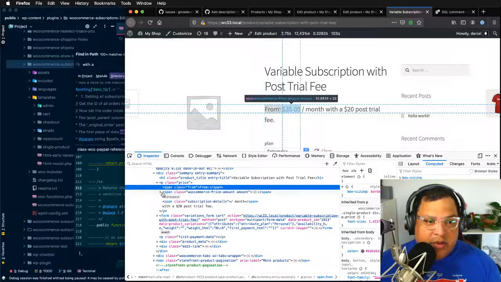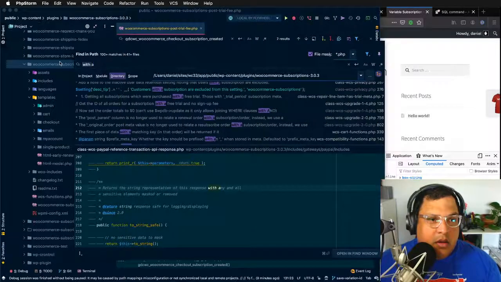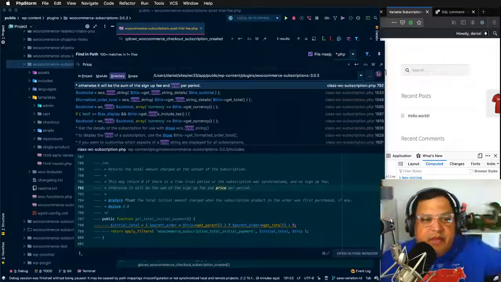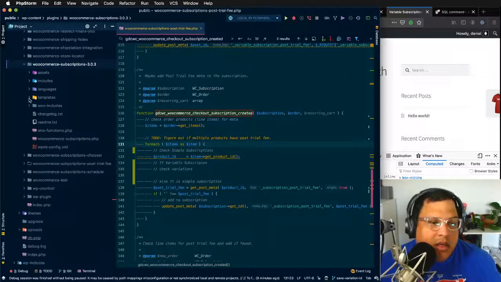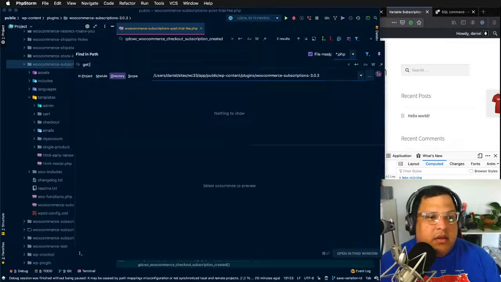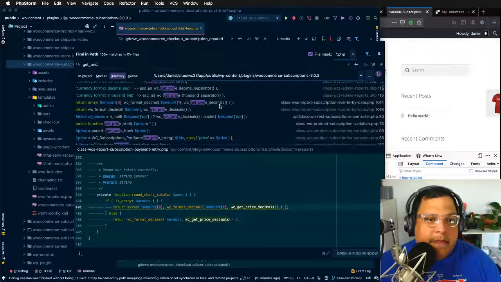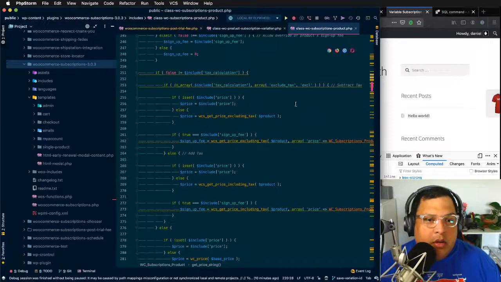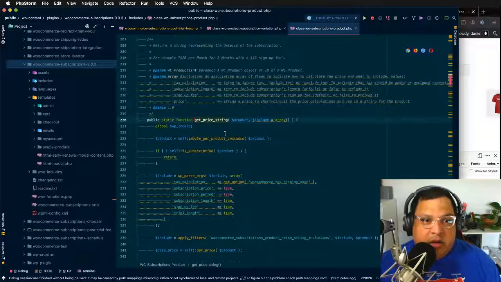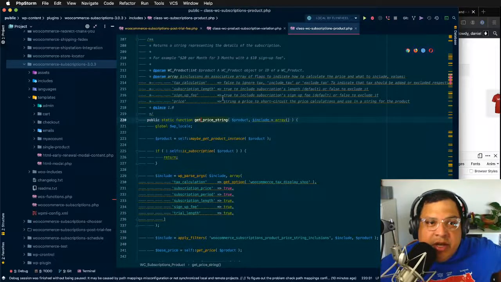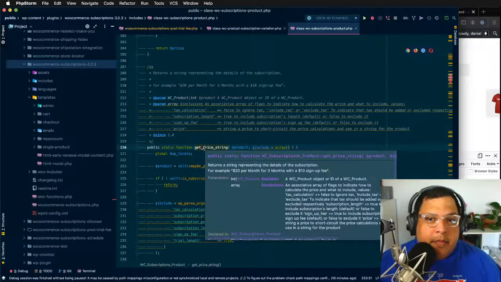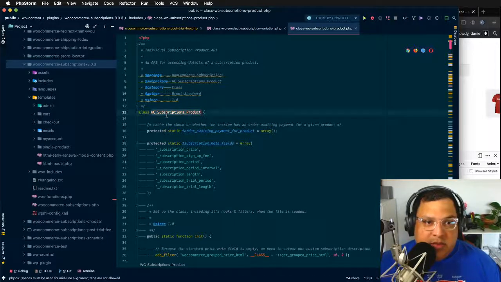So it is when subscriptions gets a price. Yeah, I didn't think it would get that. Yeah, it might be a details thing. It's like get price or something. Get price HTML. Get price string. Here it is. Yeah, okay. Good. Get price string returns a string representing the details of the subscription. For example, $20 a month for 3 months with a $10 sign-up fee. So, this is what? Subscription product. So,